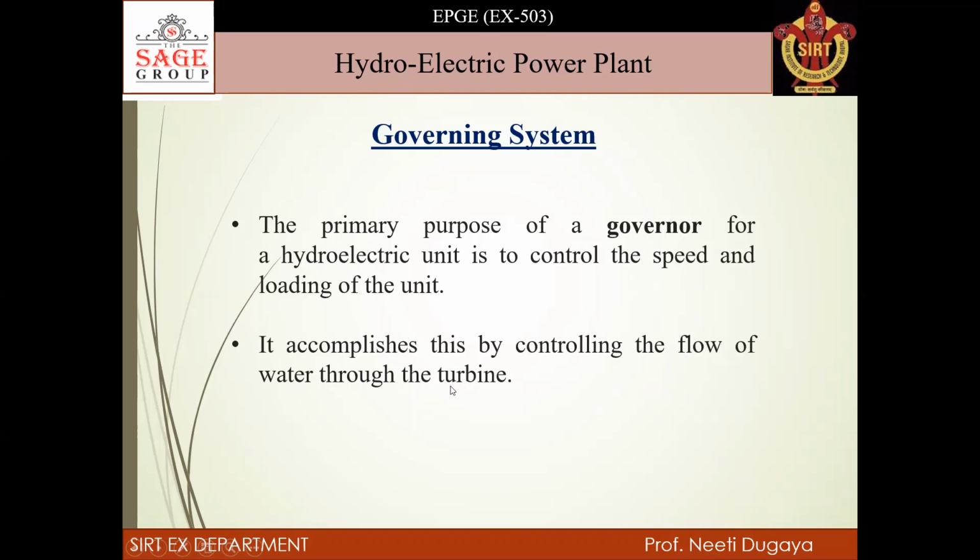As we already know that the turbine moves with the force and momentum and gravity of the water, which is being sent from the high head through the penstock towards the turbine. The movement of turbine creates the rotation of the turbine, and rotation of turbine creates mechanical energy, and this mechanical energy in turn is given to the generator also, as the shaft of turbine and generator are connected. So the rotation of generator, that is synchronous generator or alternator, creates the electricity by converting the mechanical energy into